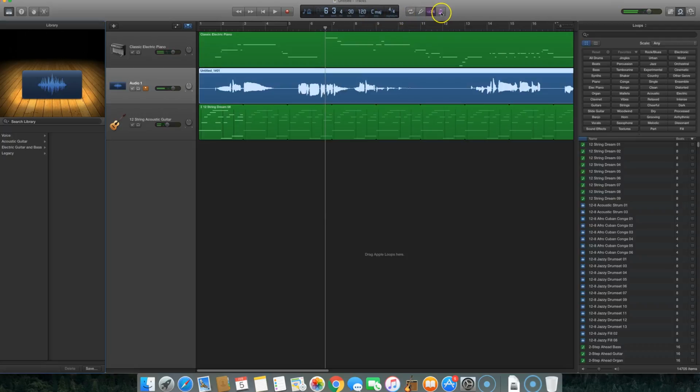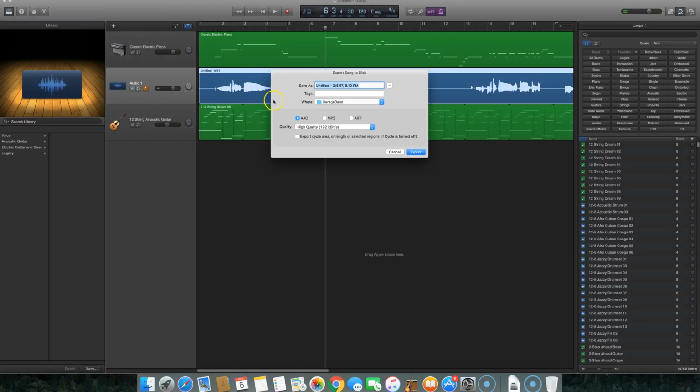One thing you want to do when you get to bounce, you want to turn off this metronome, or what's called the click track. And then when you're done, you know how to share this. You go export song to disk. And then when you do that, I'd like you to save it